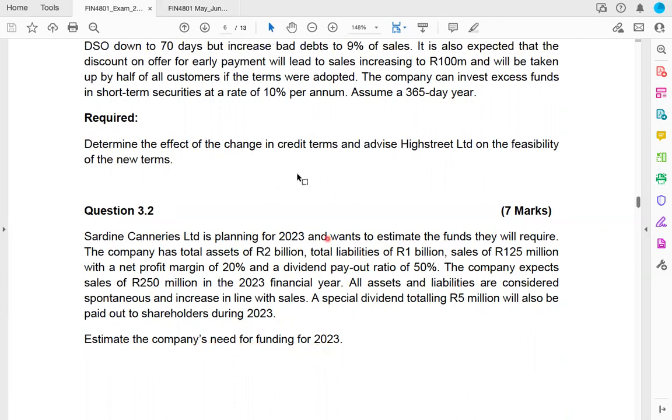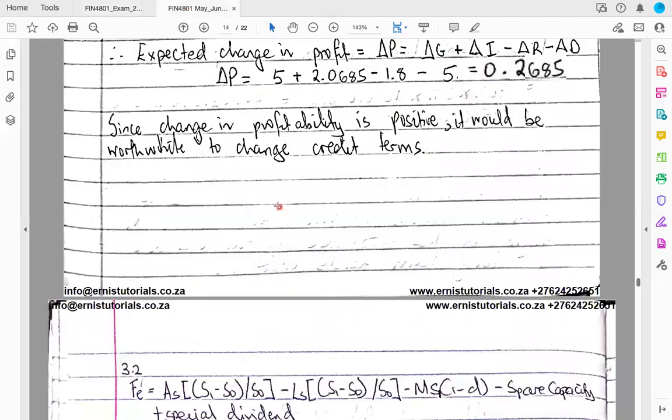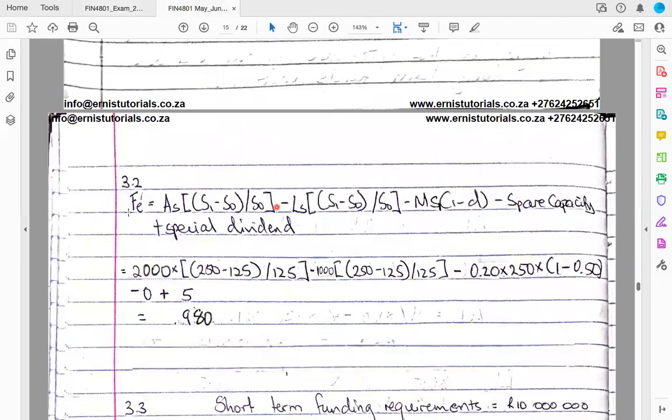Estimate the company's need for funding for 2023. In this case, we just use the following formula, whereby the funding required is simply equal to our current assets multiplied by expected sales minus current sales over current sales, minus current liabilities multiplied by expected sales minus current sales over current sales,